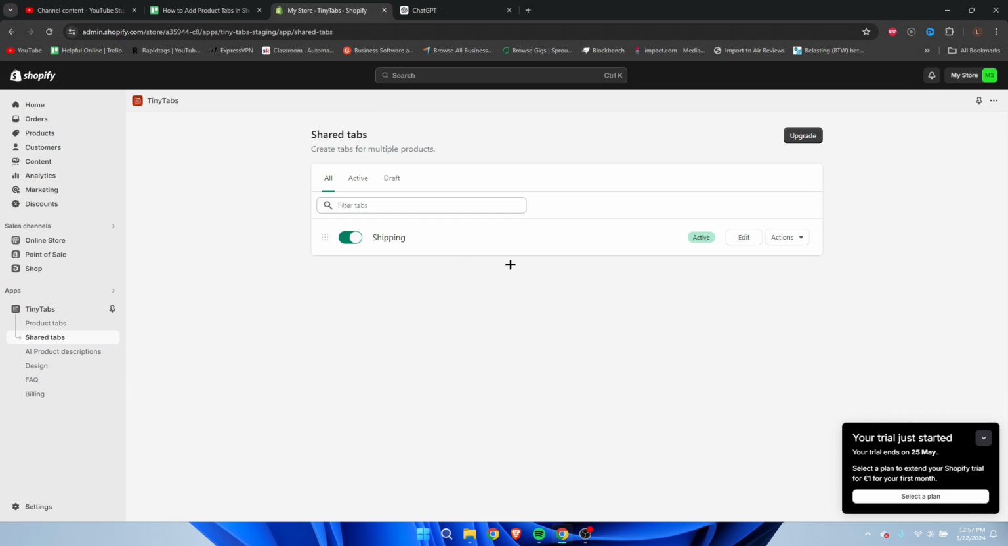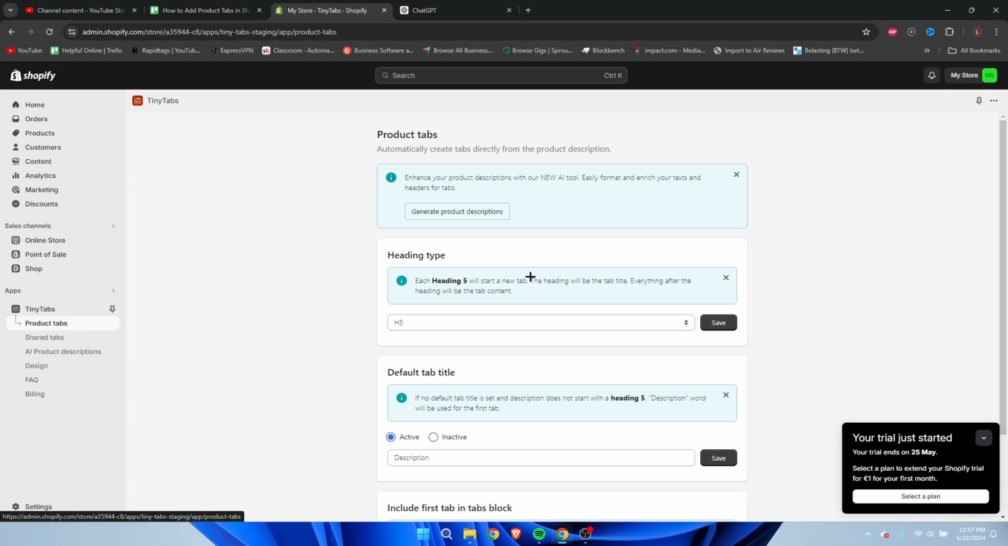Now, as you can see, this is the shipping tab, and I'm going to go to product tabs right now. Here it says, enhance your product description with our new AI tool. So you can generate product descriptions if you would like to. But what this pretty much does is automatically create tabs directly from the product description. So if I, for example, go to my product real quick,